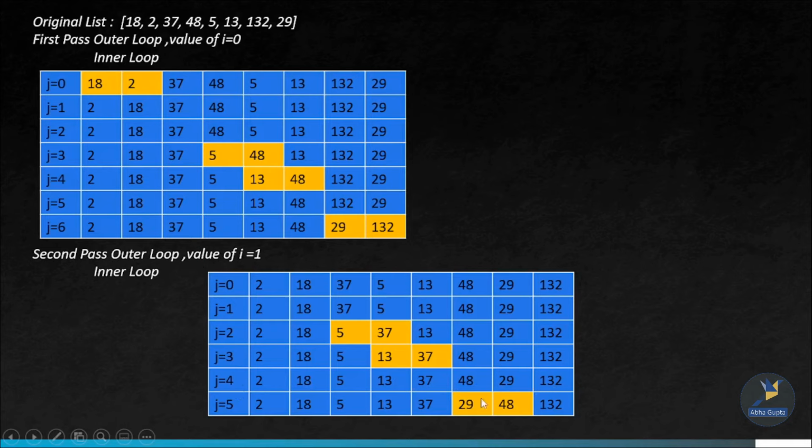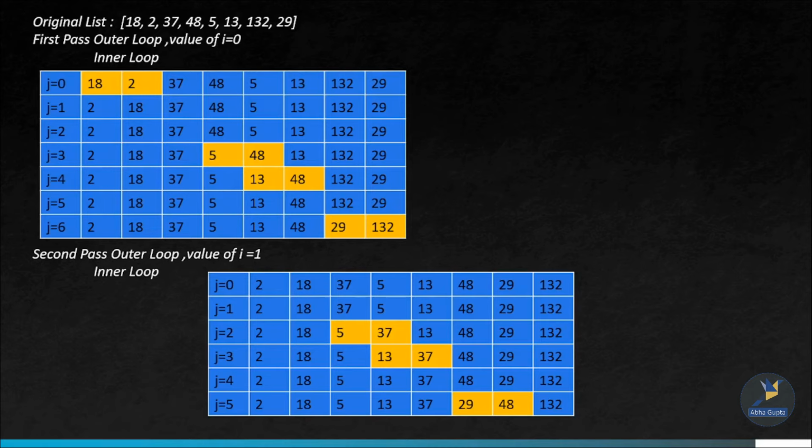j becomes 5. 48 and 29 are compared. 48 is greater than 29, so using the temporary variable, swapping takes place and they are placed at the correct position. Now 48 and 132 are at their final location, that is at the end of the list.